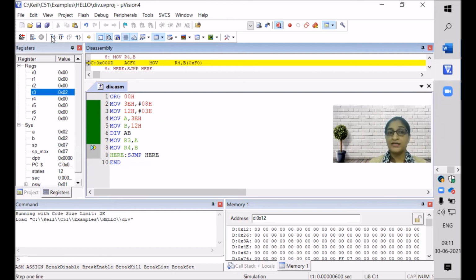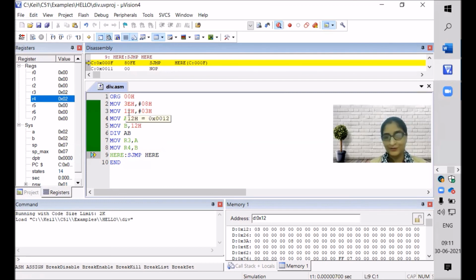Now we'll be checking what is the condition of R3 and R4, right? So here you can make out R3 is having 02 and R4 is 02. Done. So I think you must have understood. You can check in your notebook by just the simple division method. You divide 8 by 3 and you just see what is your output and how much you are getting in your remainder. So the same thing we are getting here in R3 and R4. So this is a very simple program. I hope it is very clear.